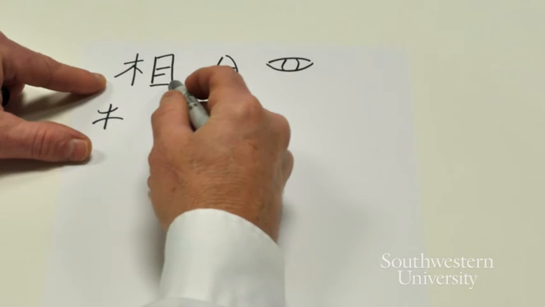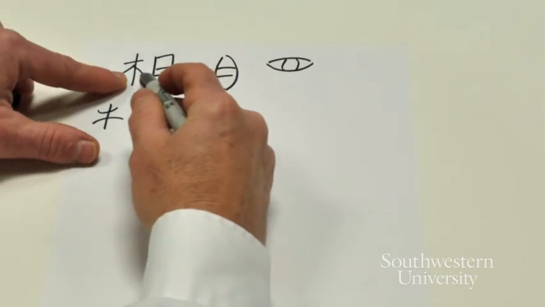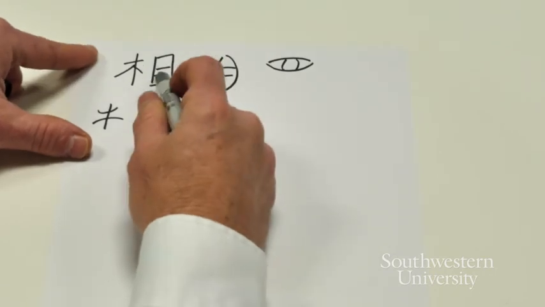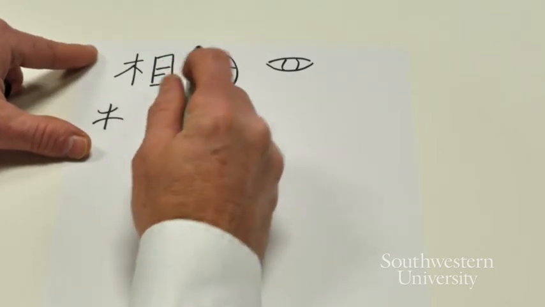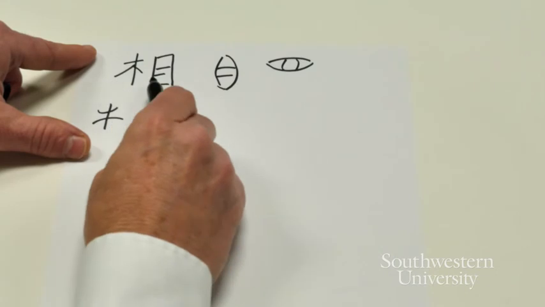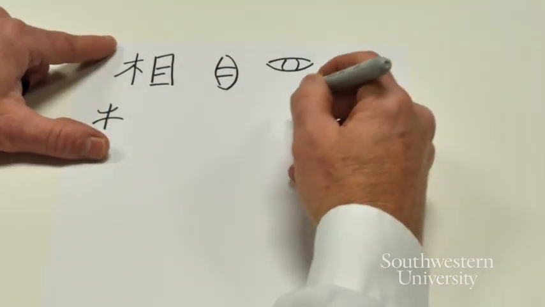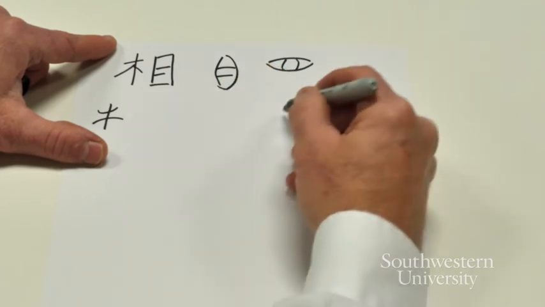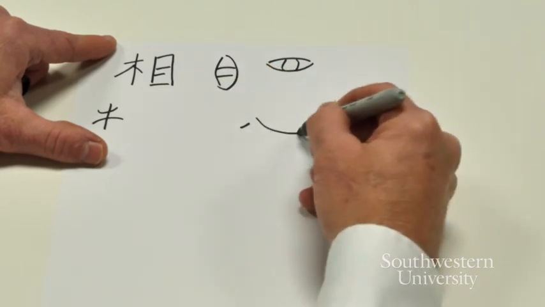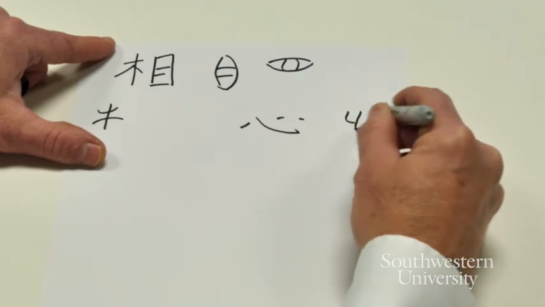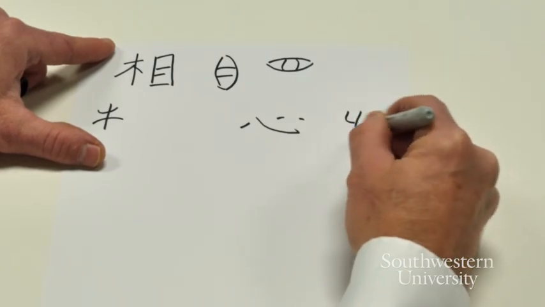These are both pronounced mu. So xiang, this is just phonetic in this case, but xiang means interaction. And they think that it might be that both things are pronounced mu, and so you put them together, and it means mutually, together. The bottom part of the character comes from xin, which is heart. So it used to depict the chambers of the heart and the aorta coming off of it,